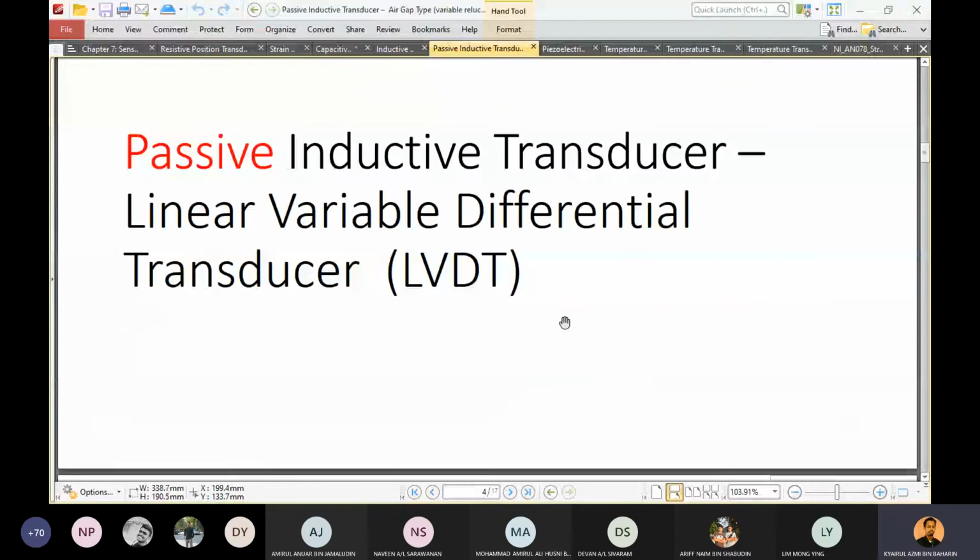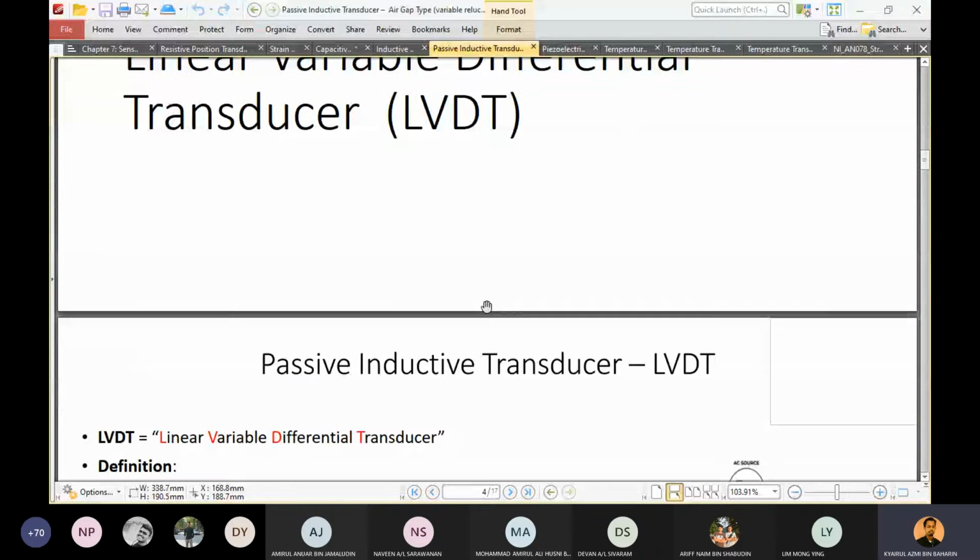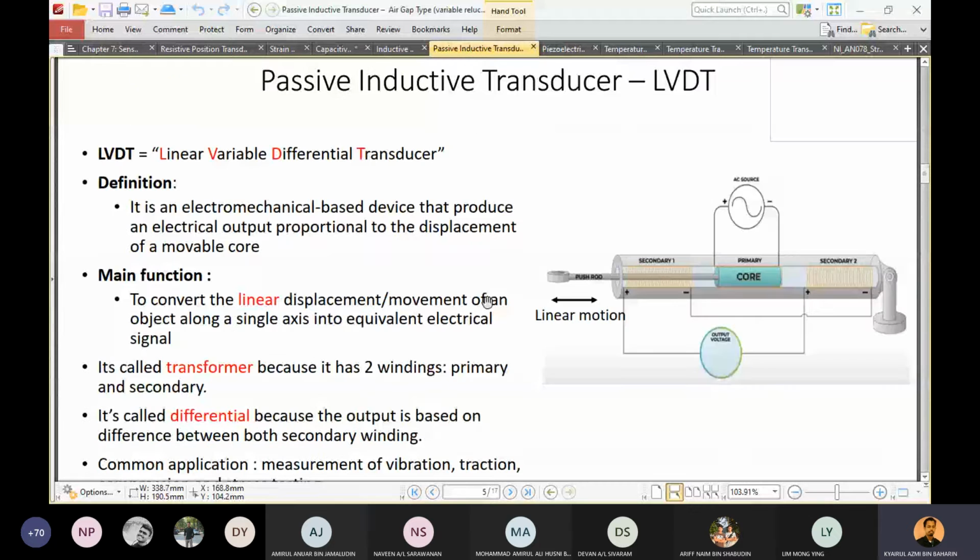And then we have another one, which is the LVDT, the linear variable differential transformer. Basically, we have a core for the LVDT and two coils, one primary and one secondary. We want to detect the movement of the core, either forward or backward, and note the direction of the movement. We have two coils, one at the front and one at the back, and we find the movement of the core based on the difference between the inductance values of the two coils.